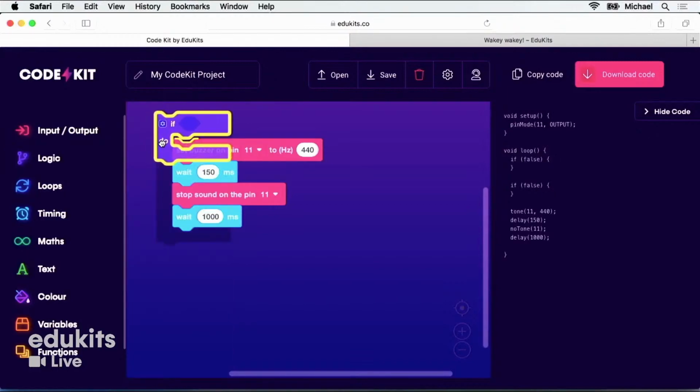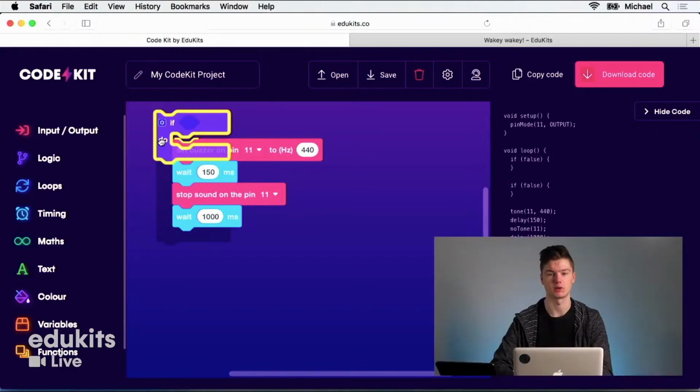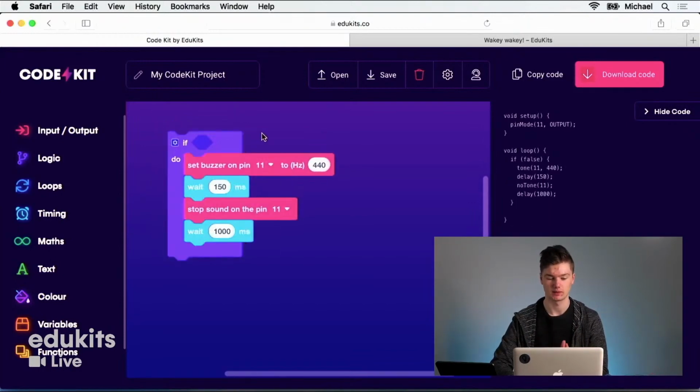And you'll see that you can hover over the very top of the set buzzer block. You'll notice that a short yellow line appears over the top, and that tells you it's going to snap. You can also see the silhouette of this if block, kind of like a C shape around the other blocks. I think the camera's mirroring me, so it's a C shape that way. That means the if block is going to wrap around all of them. I've dropped it there. Done.